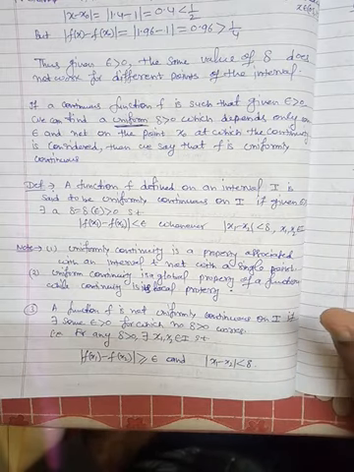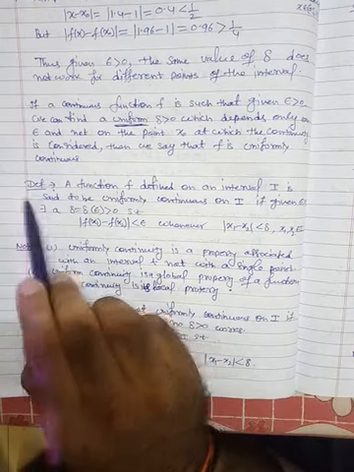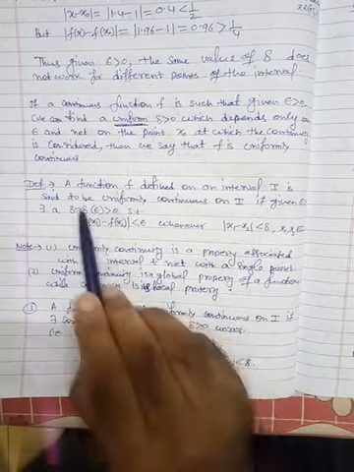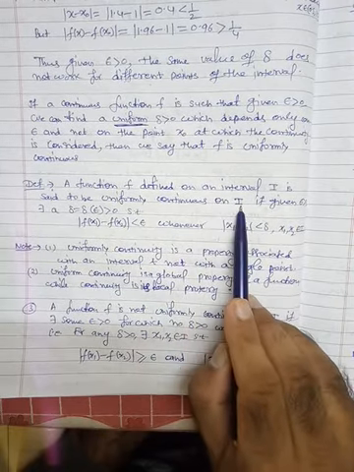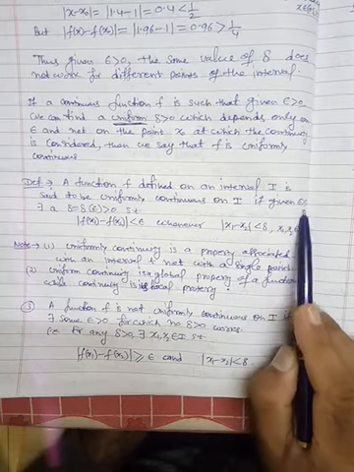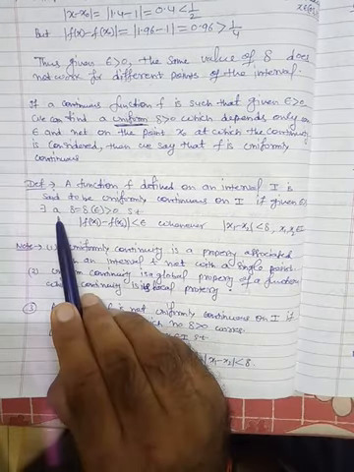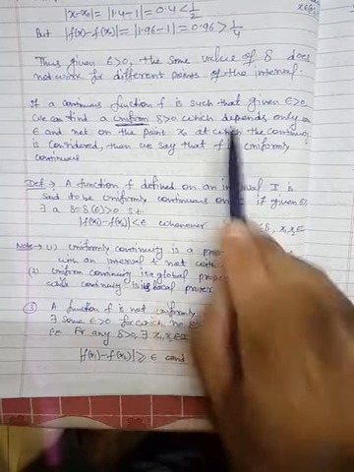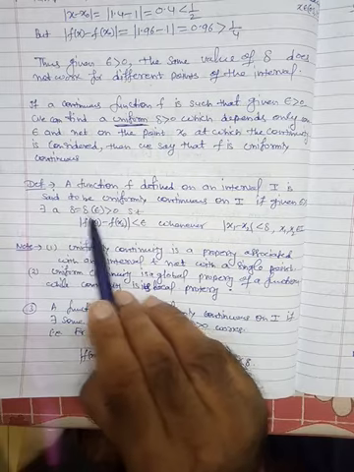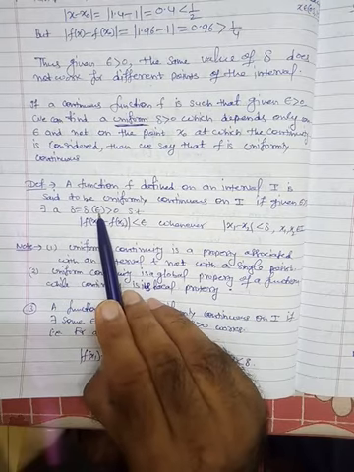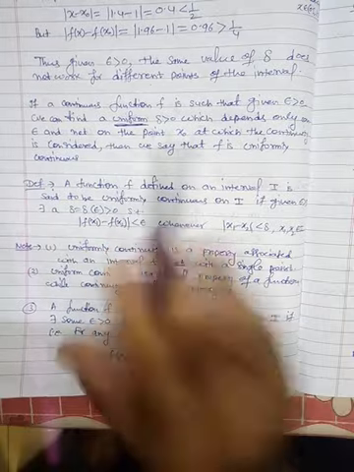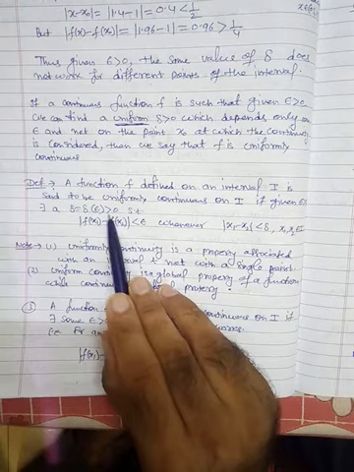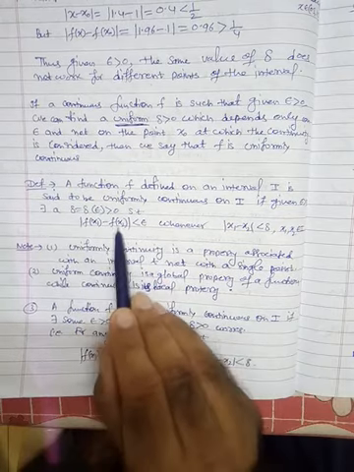Fine. So here the definition is: a function f defined on an interval capital I is said to be uniformly continuous on the interval I if, given epsilon greater than 0, there exists a delta which depends on epsilon only and not on the point. अब आप देख सकते हैं ये जो है डेल्टा केवल एप्सिलॉन पे डिपेंड है, ना कि पॉइंट एक्स नॉट पे. एक्स नॉट पे उसकी कोई डिपेंडेंसी नहीं है. सो डेल्टा इज अ फंक्शन ऑफ एप्सिलॉन ओनली ग्रेटर देन 0 सच दैट f of x1 minus f of x2